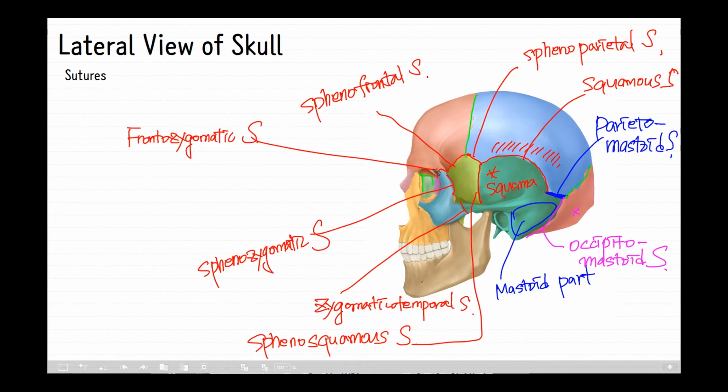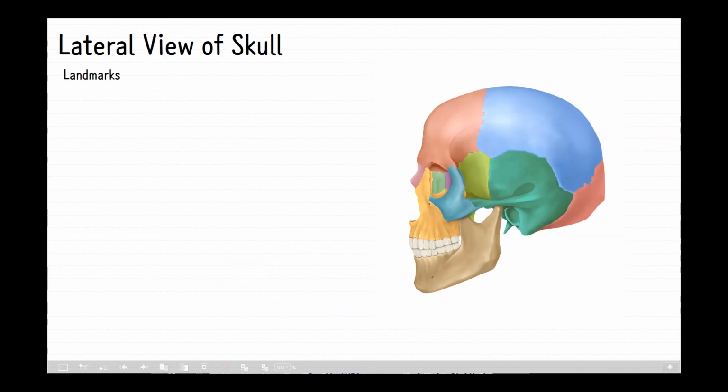These sutures can be seen or not according to the geometry of the individual skull shape. But these 9 sutures are the important sutures, and we have talked about them in this session. Many anatomic landmarks are found in the lateral view of the skull, and we will cover